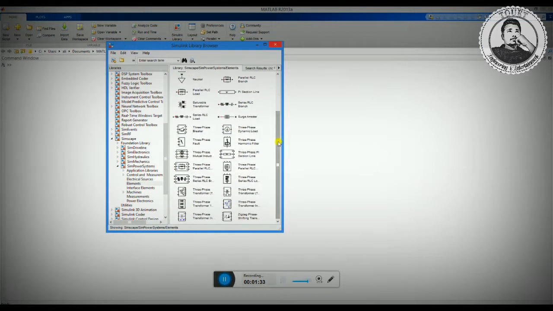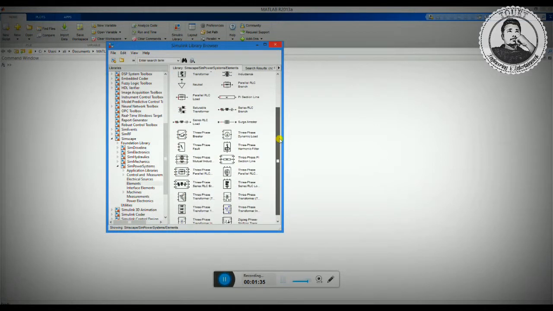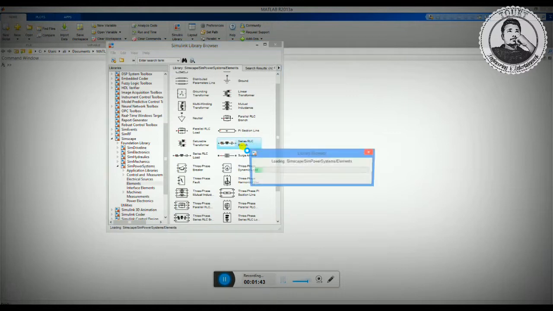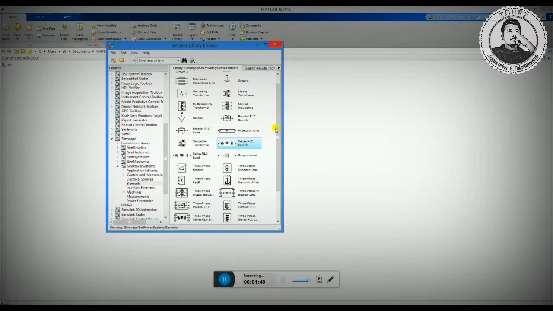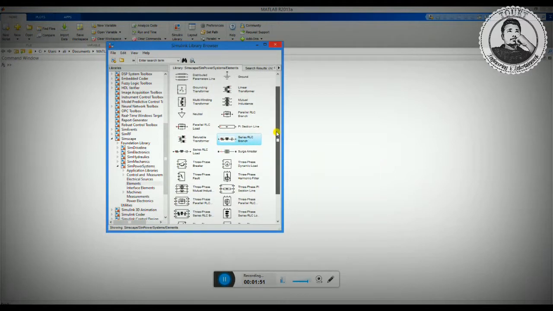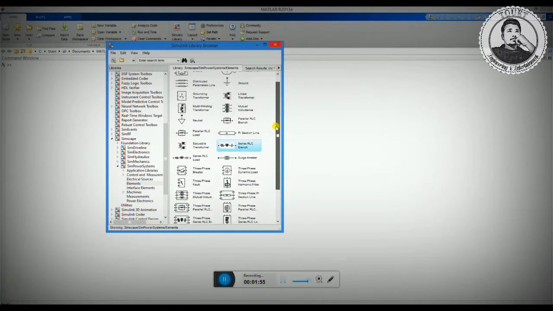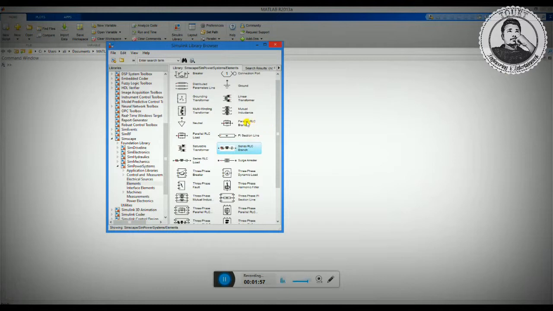capacitor, inductor, and so for that purpose I would take a series RLC branch and add it to the untitled model. Similarly, I would need a capacitor in parallel. So for that purpose, let me take another capacitor from here,